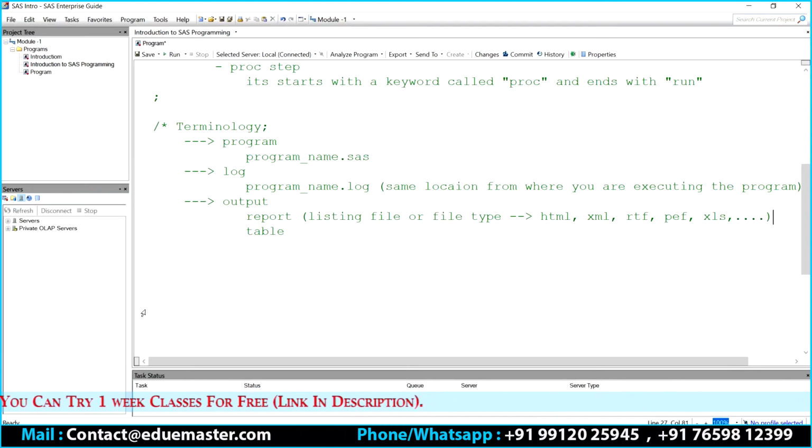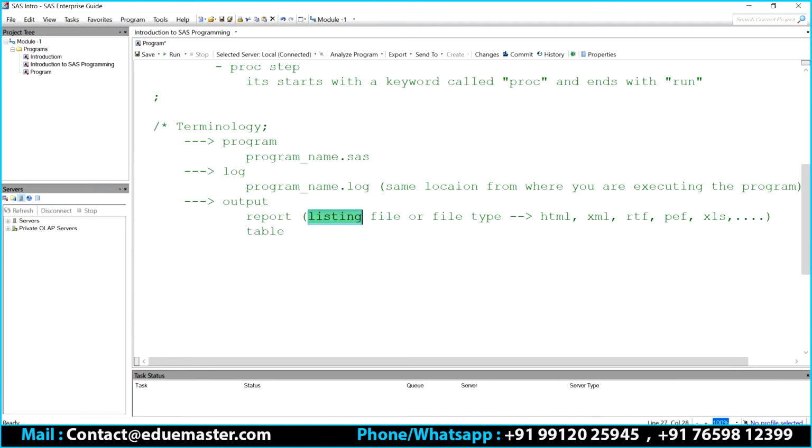Do all of you accept what I'm trying to say? So whatever the file type is going to be, with that file extension, you're going to have your file there. When it comes to the table, I also mentioned a listing file here. Let me explain what a listing file is.